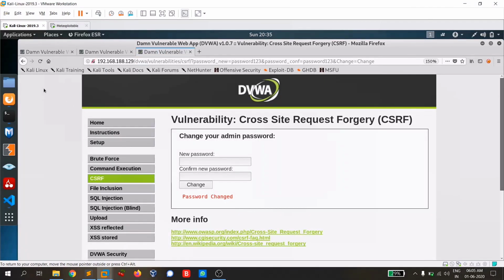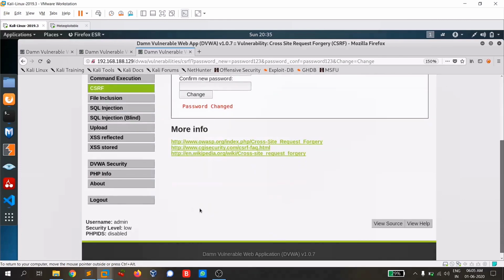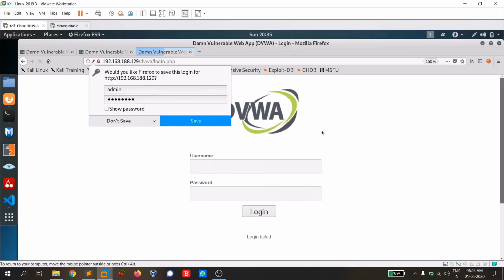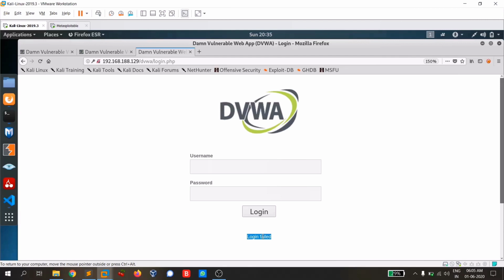So you can see that when I open the file, since it's an HTML, it will be loaded in a browser, and you can see that the password is changed. Let's log out and check whether our previous password is working. Our previous password is password. And you can see that the login failed because our code worked, and the password has been changed from password to password123.